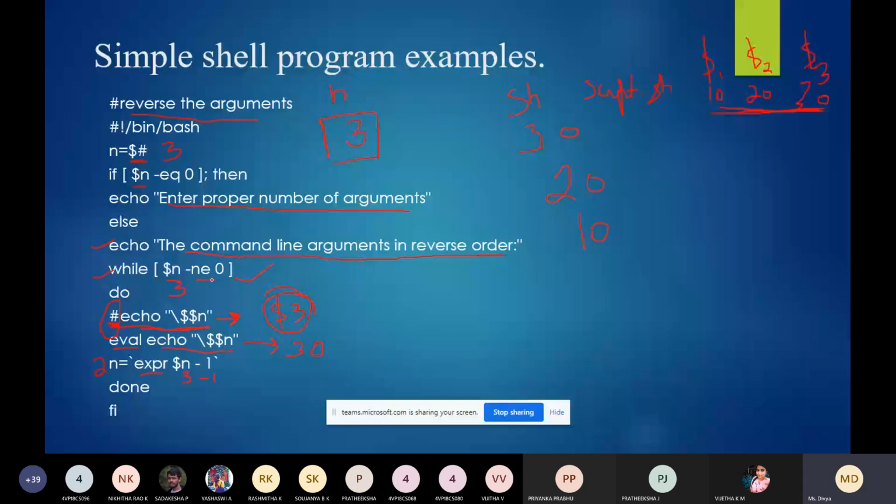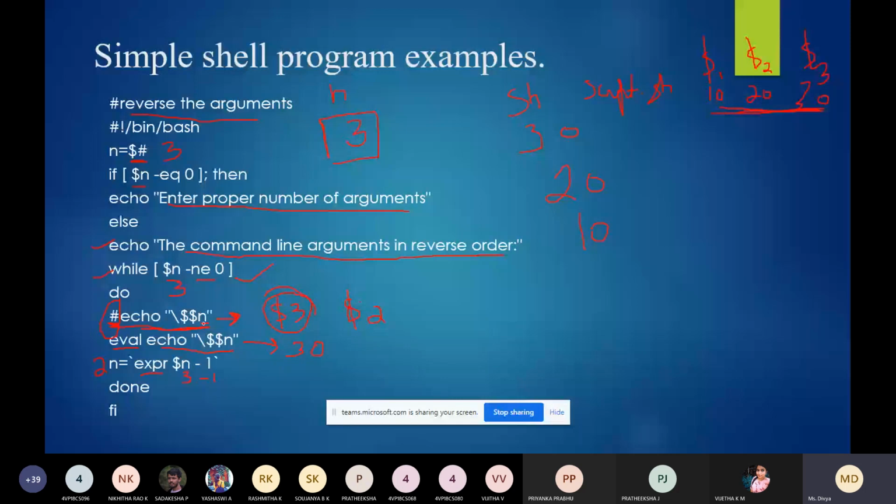So when you execute the echo command, it will give $2. Actually, what is happening here is we are escaping the dollar symbol.